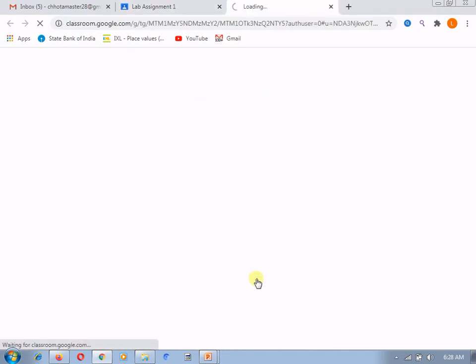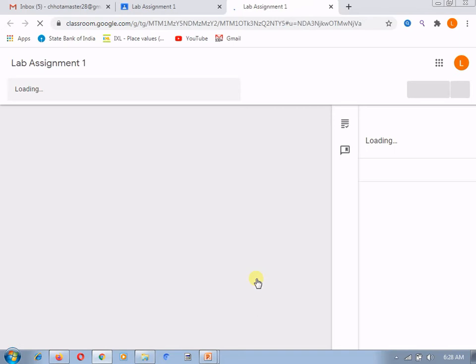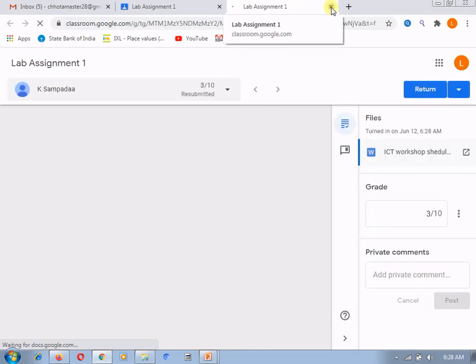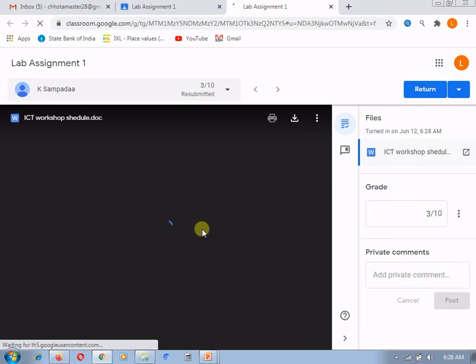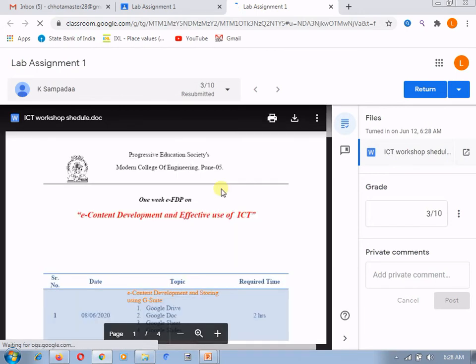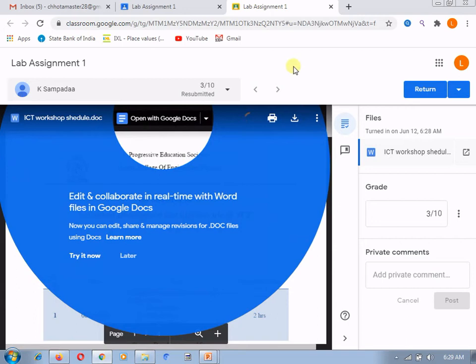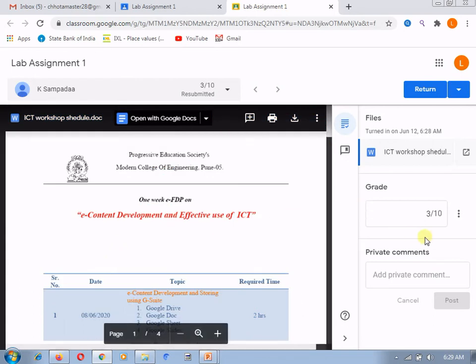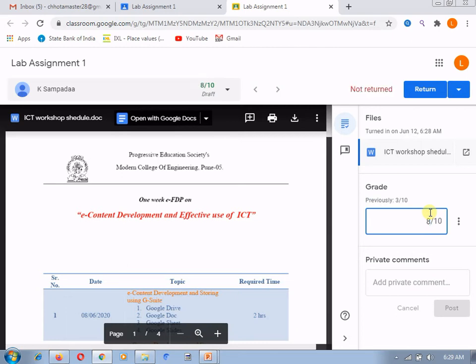For this resubmission, you can go through his attachment, what he has submitted as the resubmission. Here I am going to use the documents which are available with me right now, but whatever the student has submitted, the teacher will be able to see that. It seems that the student has submitted many of the things which were missing in his previous submission. Now I will reassign it. For this reassignment, or regrading, I am updating his marks.